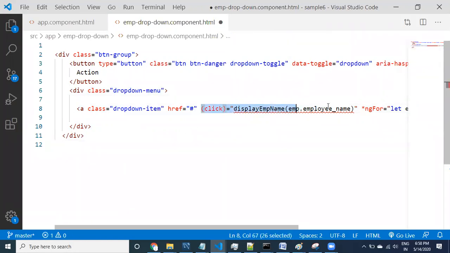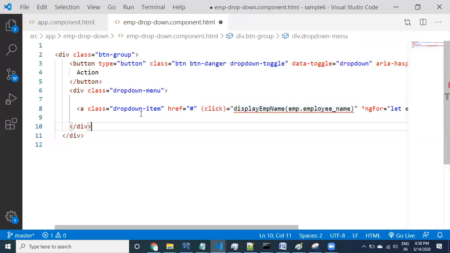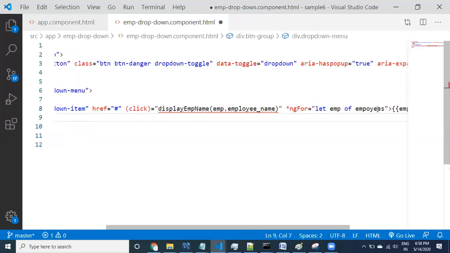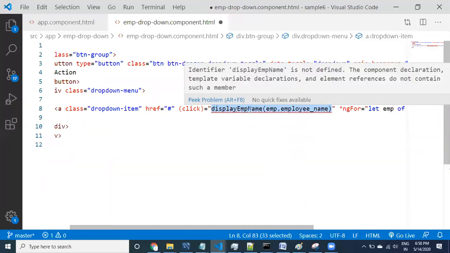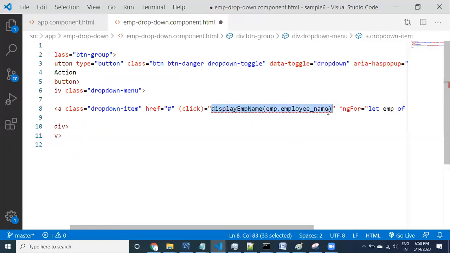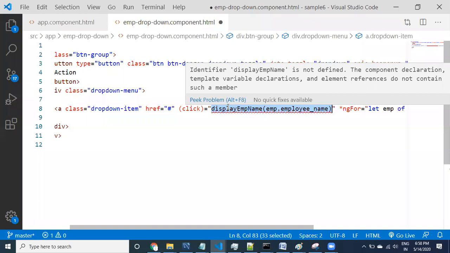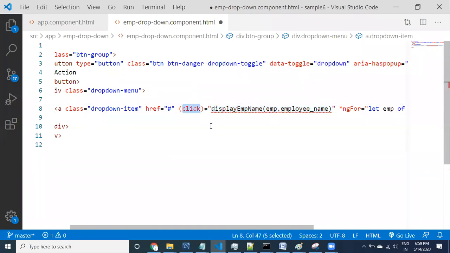So for every anchor tag, I'm passing the employee name that it displays. We are binding this to click.